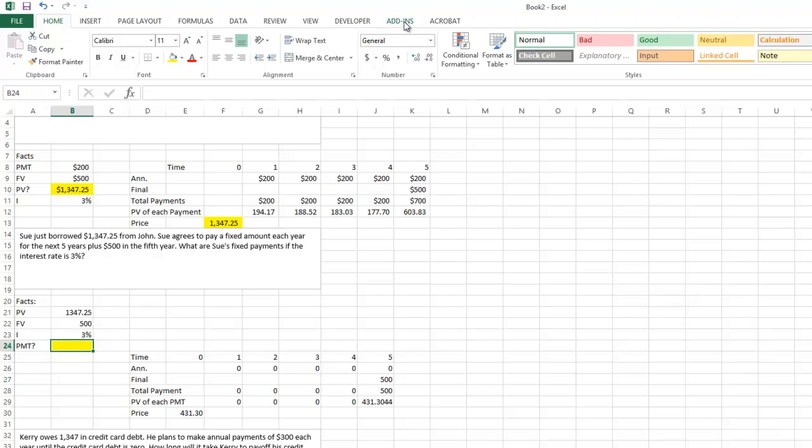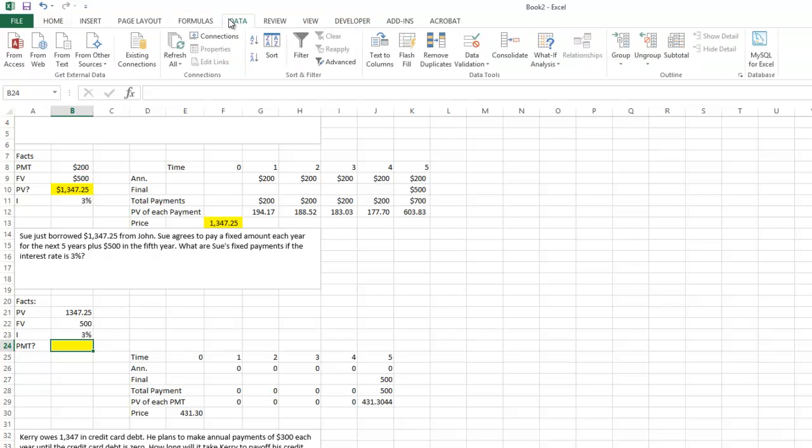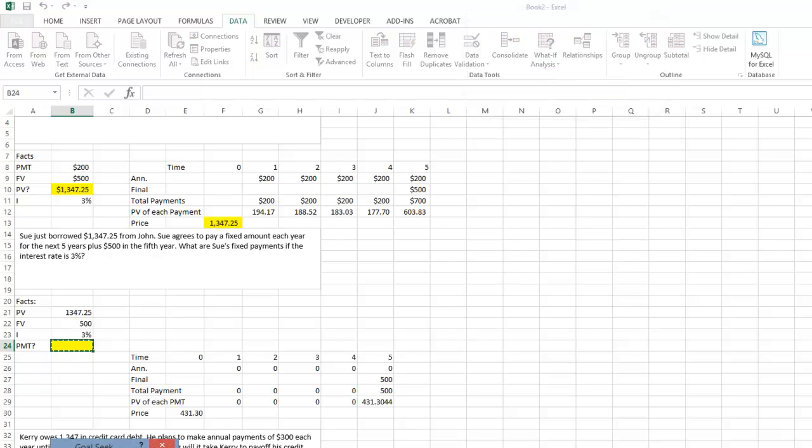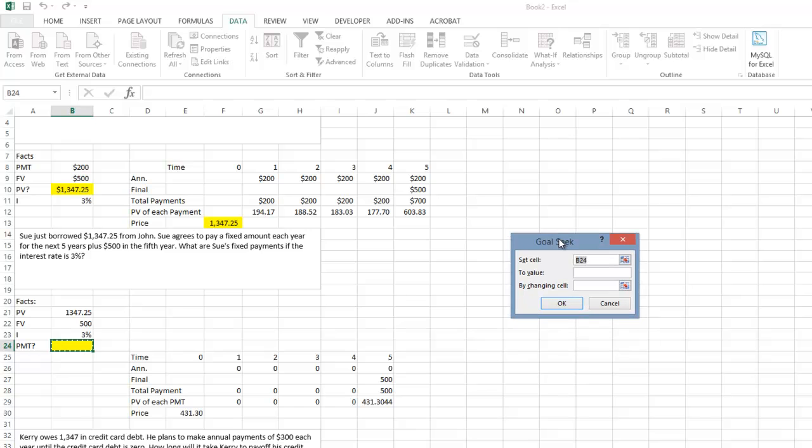So I'm going to go to Data and go to What If Analysis. Under What If Analysis, you'll see Goal Seek. You go ahead and hit Goal Seek. What Goal Seek will do is I'll have it change this value in here until it equals some value that I want. So I want to set